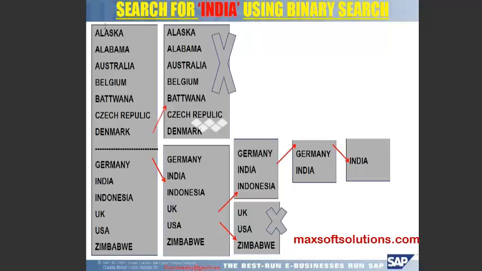If you want to go by linear search, how long will it take? 1, 2, 3, 4, 5, 6, 7, 8, 9. 9 searches it will take. But binary search took just 5 searches. That's why binary search is very fast. All the records it will divide into 2 parts. First it splits into 2 parts, and if it is not there, it continues. Oh, so that was the logic, okay, nice. If you are very strong at mathematics,